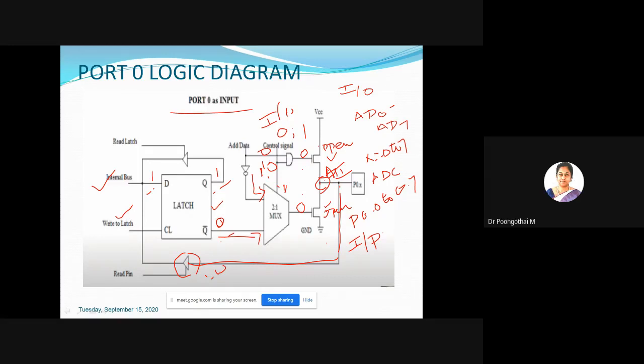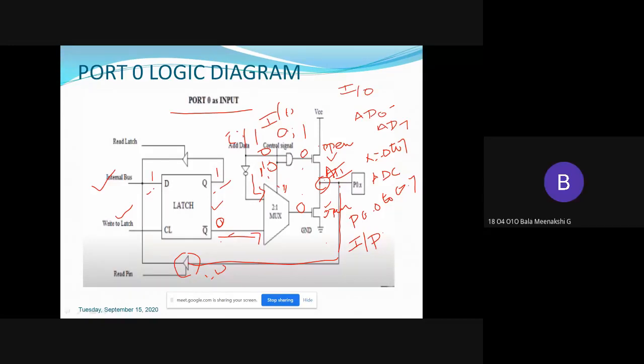In this case, this particular port is used for two purposes. One is for external memory access. Another is for IO operation. In case of IO operation, 0 has to be written in the control signal. 0 AND any signal, whether your address line is 1 or 0, the output will be 0.